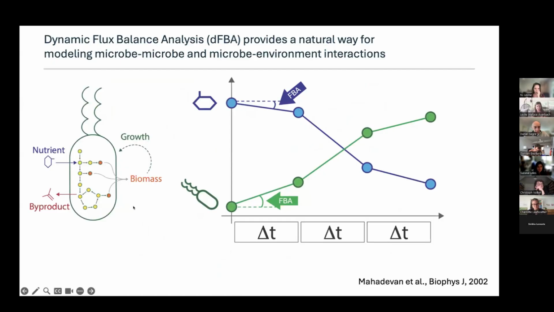You can take, again, a genome scale model that predicts growth as the biomass production of the cell. And now you can start with an initial concentration of environmental metabolites, say glucose, and an initial abundance of a given species. And you can predict at this time, using flux balance analysis, the rate of growth, which essentially is the initial slope of this growth curve. And you can predict also the rate of consumption of a metabolite. This is the flux of nutrient utilization.